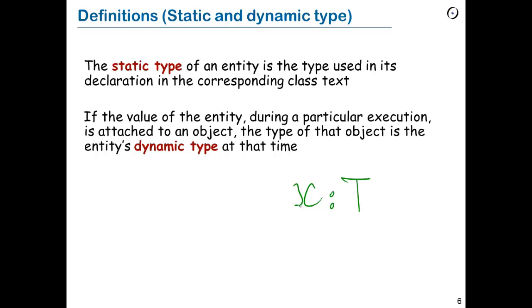Now, at runtime, x, assuming for example that it's a reference, it's not expanded, x is going to denote, in the sense of being attached to, some objects. And some of these objects are going to be exactly of type t. So if I do create x, well, this gives me an object that is exactly of type t. So in that case, we say that the dynamic type, which is the type of this object, is identical to the static type. But now, with polymorphic assignment, we could have